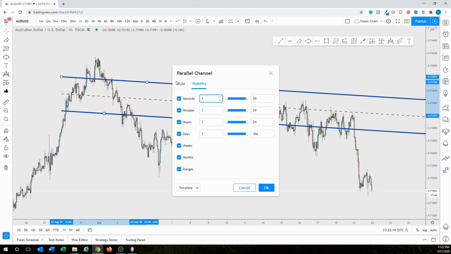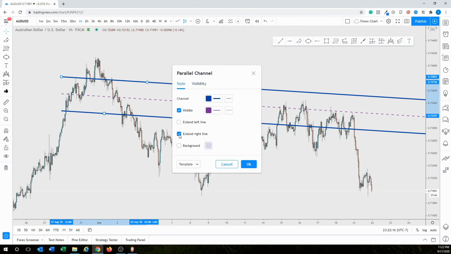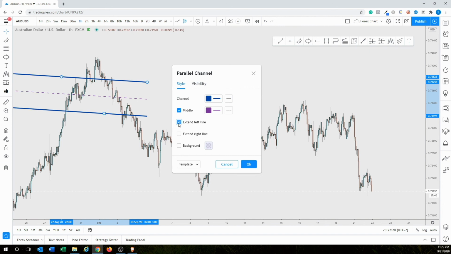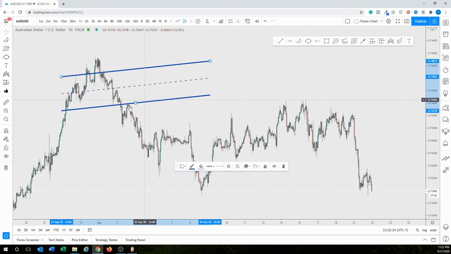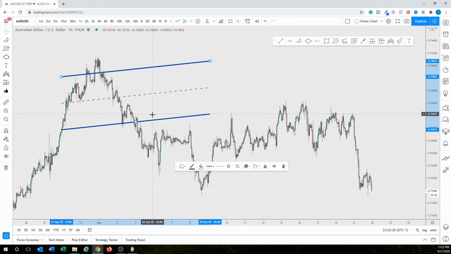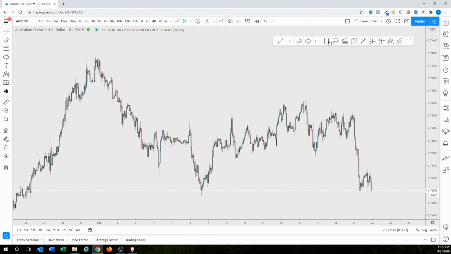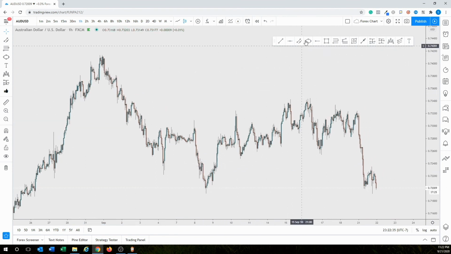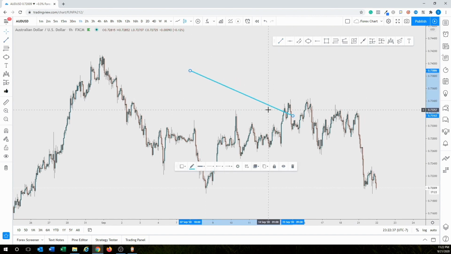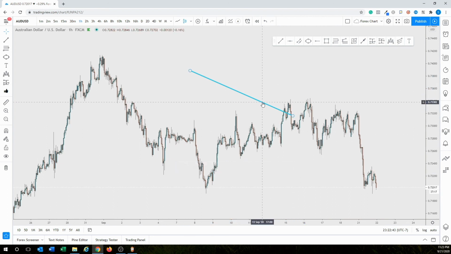You can double click it, you can see what extending it right does. So normally I want you to have these off, just so you can draw. This is how you draw a channel. And then, I just want you to go in the settings and, like we talked about, play around with it, use the delete key, use the copy, learn how to copy. You can copy using this, or you can clone it,